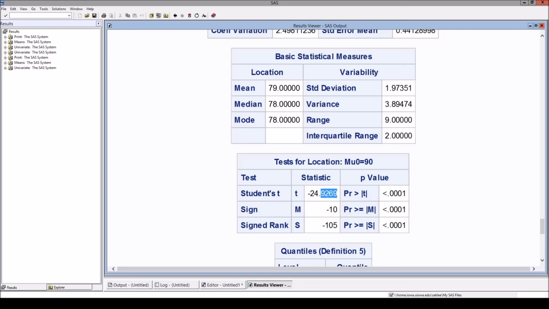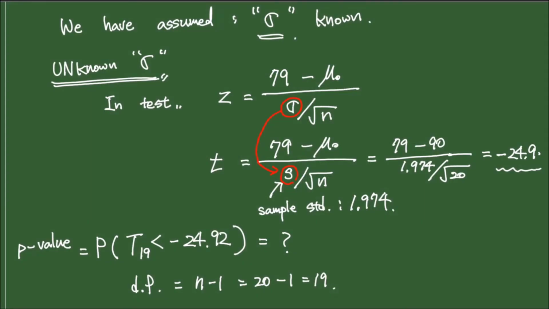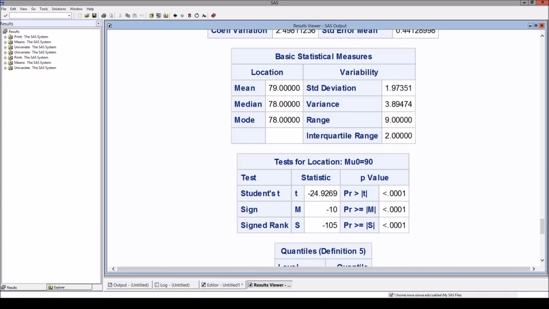This is the same number that we have seen before on the blackboard. We calculated this t statistic and got negative 24.9, and this one is the same as this number. SAS will give you the p-value corresponding to the two-sided test.